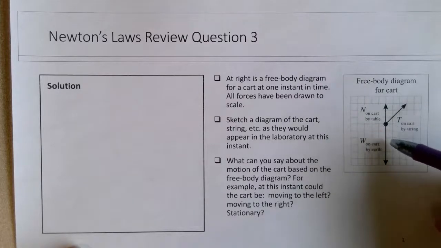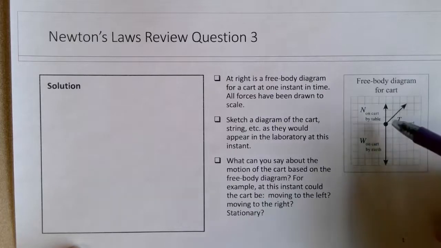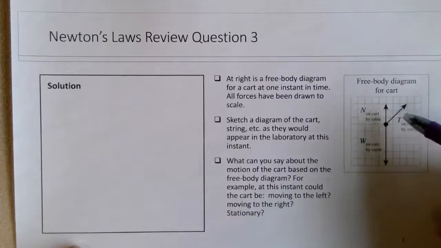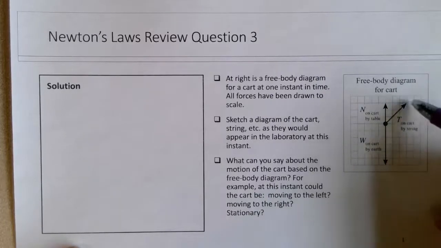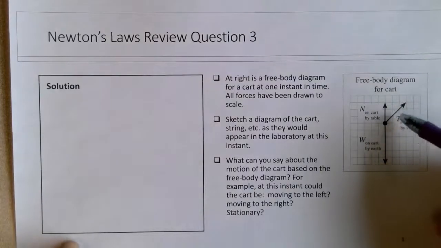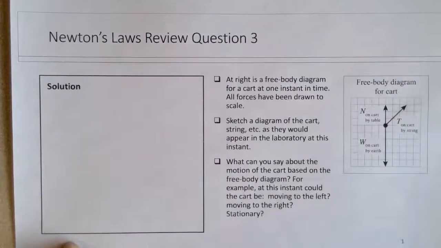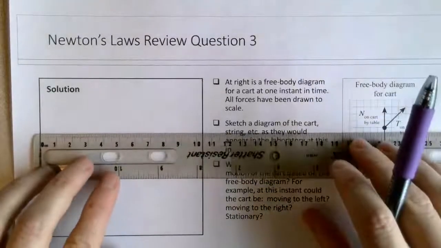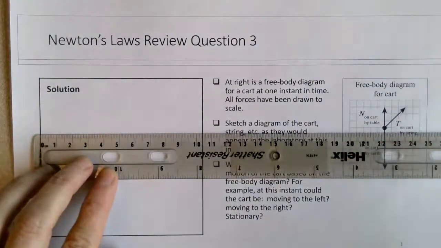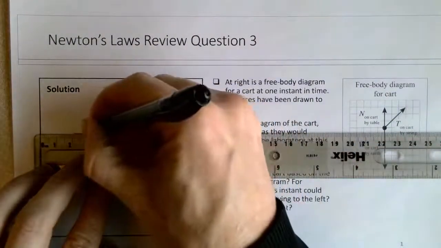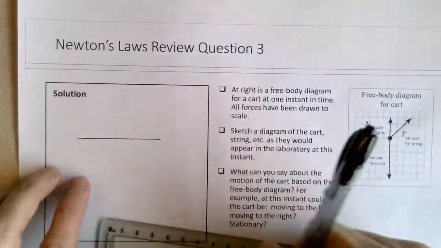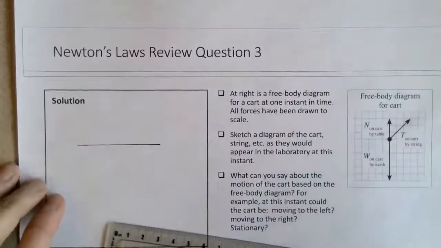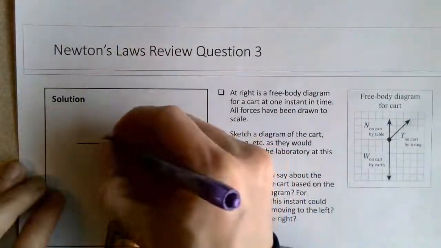So there's 1, 2, 3, 4, 5, 6 boxes in the weight, there's 3 boxes in the normal, and there's 3 boxes in the tension in the y direction. But since the normal is vertically upward, I can assume that the cart is on a horizontal surface. So if I were to draw a sketch and think of the cart on a horizontal surface,